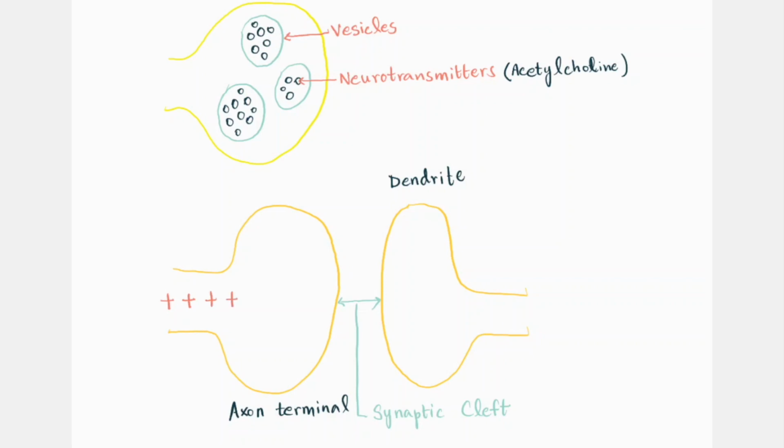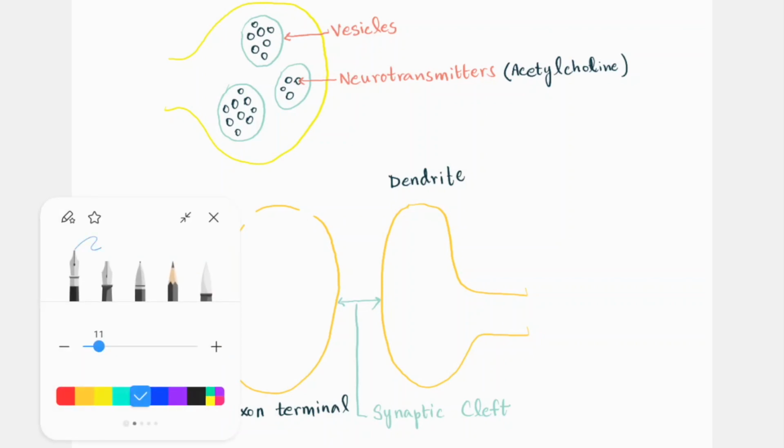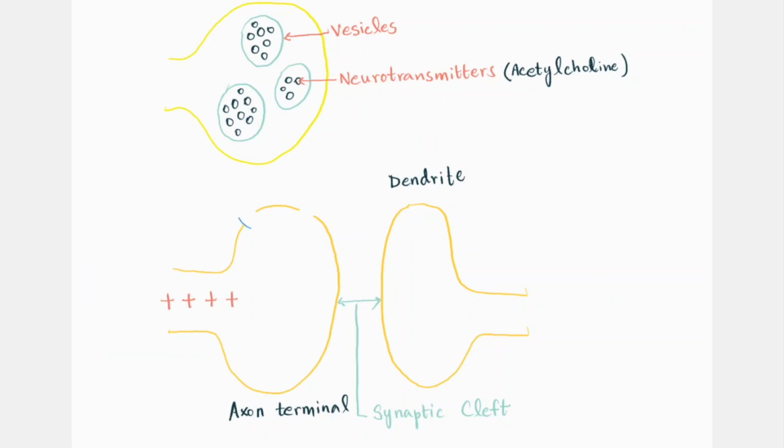Okay, so now let's say our wave of depolarization has reached the axon terminal. Once it reaches the axon terminal, I'll just make a couple more cuts in the axon terminal right here and insert a few more ion channels in that. Let's make it blue. This is also a voltage gated ion channel, and the difference is that it lets in calcium ions, Ca2 plus voltage gated channels.